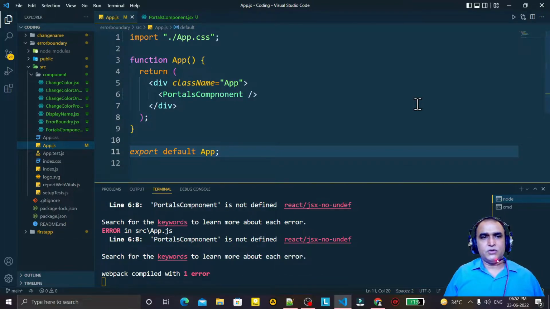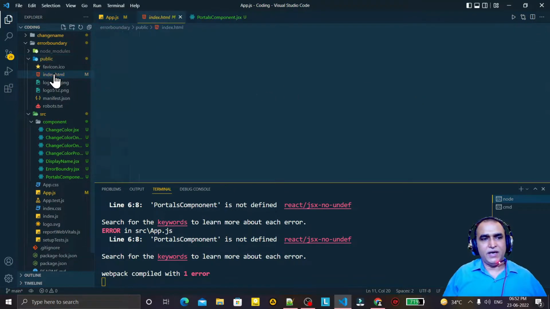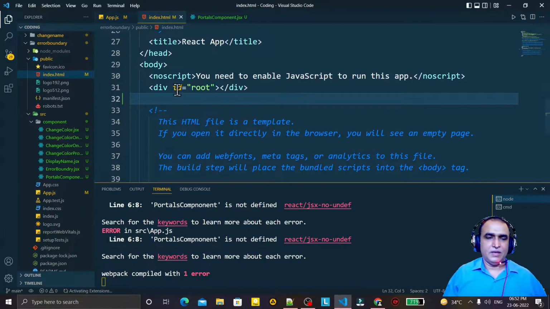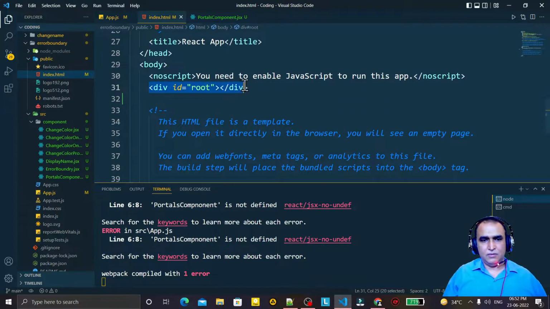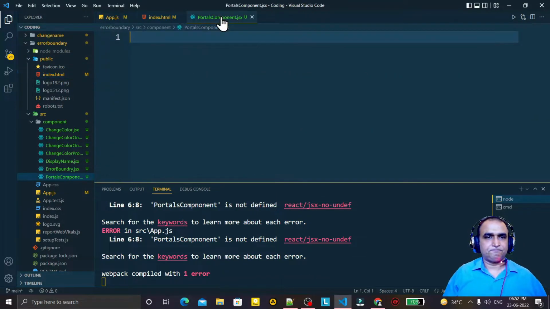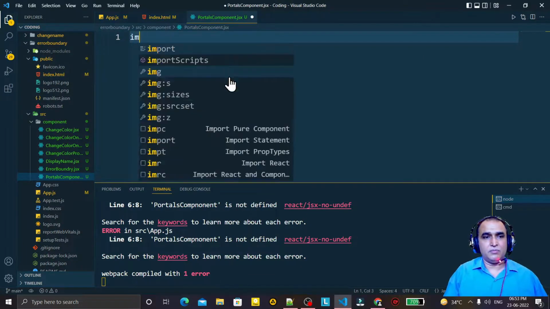In this video, we are going to learn one more concept in React called portals. So what is portals? If you know React, you know that in React we have an index.html file. In this file, we write all the code within this div tag with id root. If I run any program, I will show you that I create one component